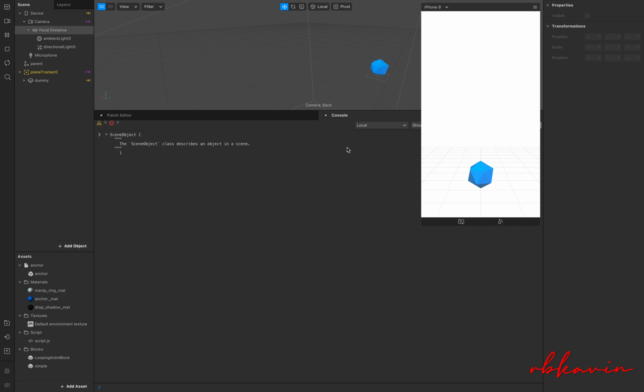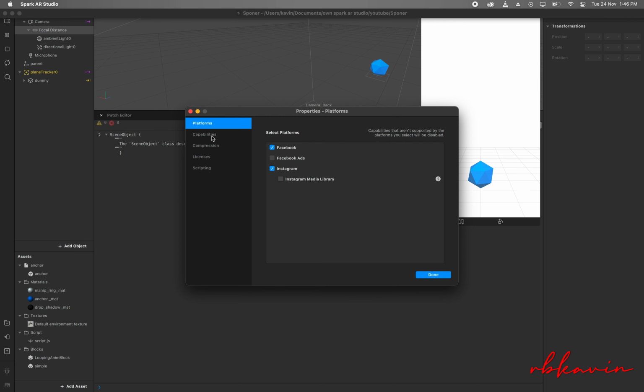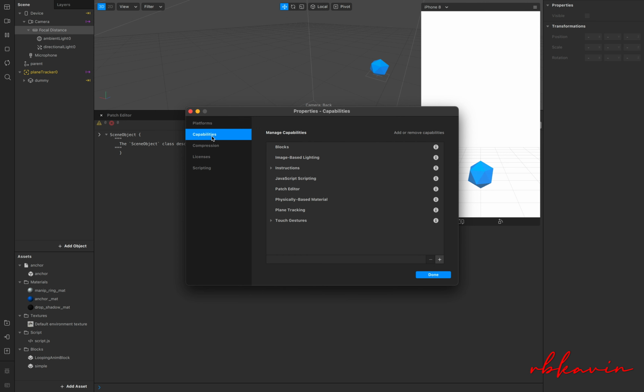If that is happening, you can just go to the properties, edit properties, project edit properties, click on the capabilities, and under the touch gesture you can manually click on the tap gesture. If you are not using any patch, you have to manually check it.